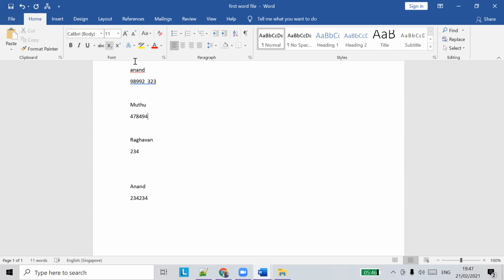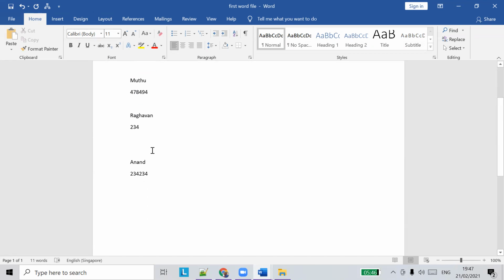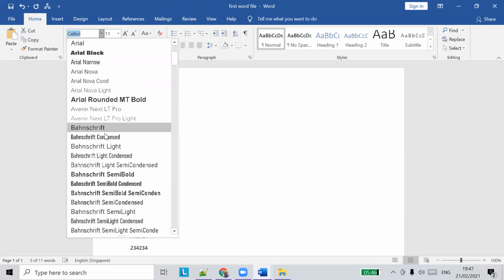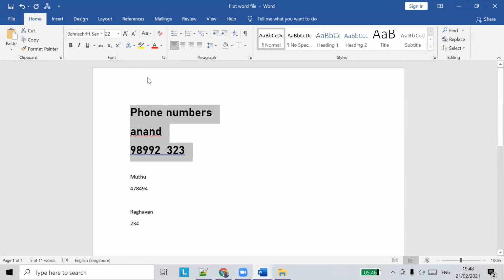So we'll talk about fonts. Okay, so let's say I want to change the font for the selected content. I will select it. You can see the font is changed. I can increase the font size.